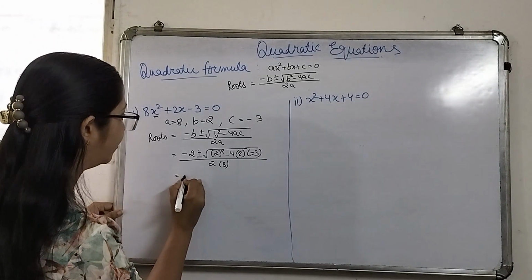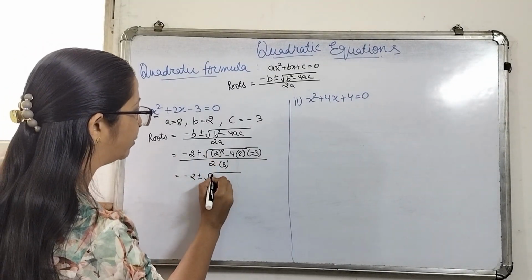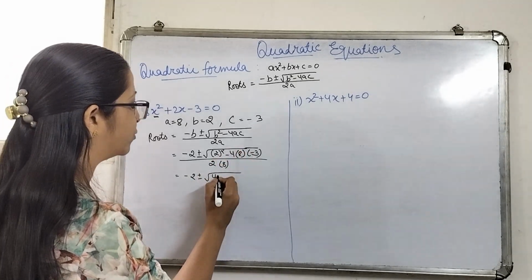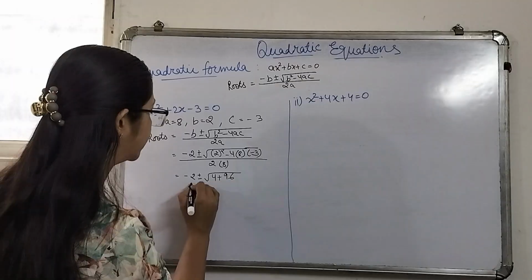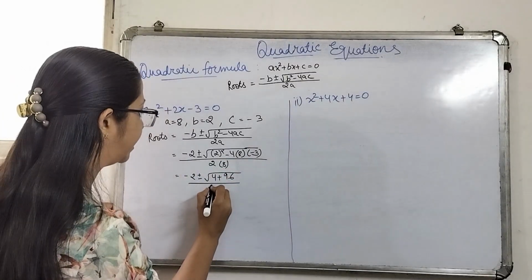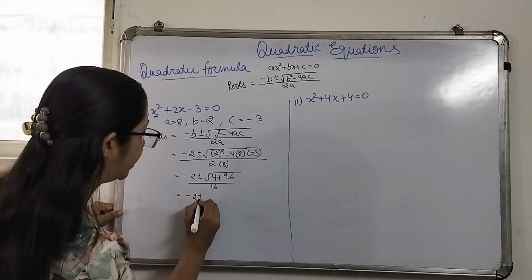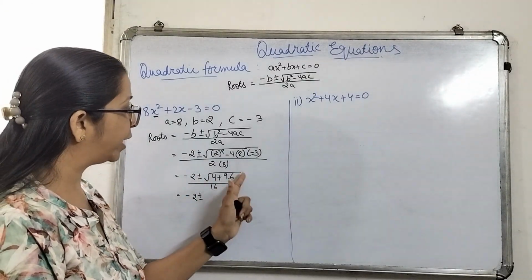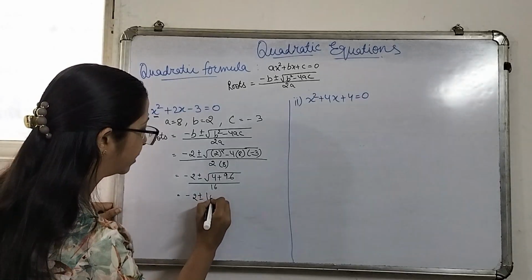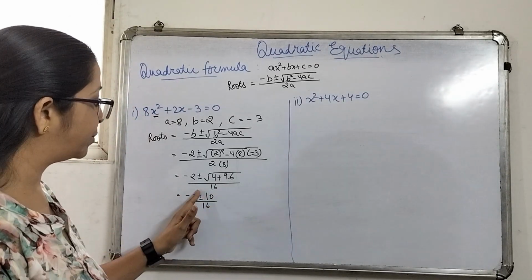Now solving further, minus 2 plus minus the square of 2 will be 4, minus minus will become plus, 4 threes are 12, 12 eights are 96, over 2 multiplied by 8 is 16. So from here, minus 2 plus minus the square root of 4 plus 96, which is 100, and the square root of 100 will be 10. I have directly written 10 over here. So now we can see that there is a plus minus sign.